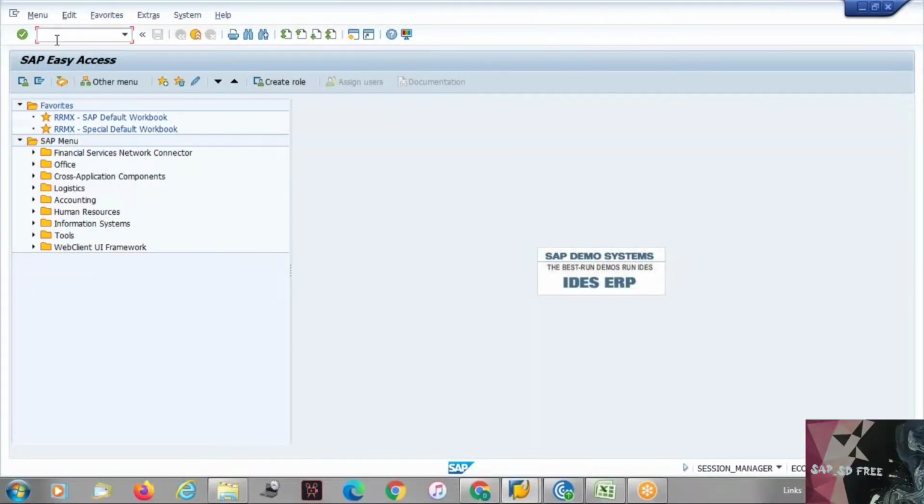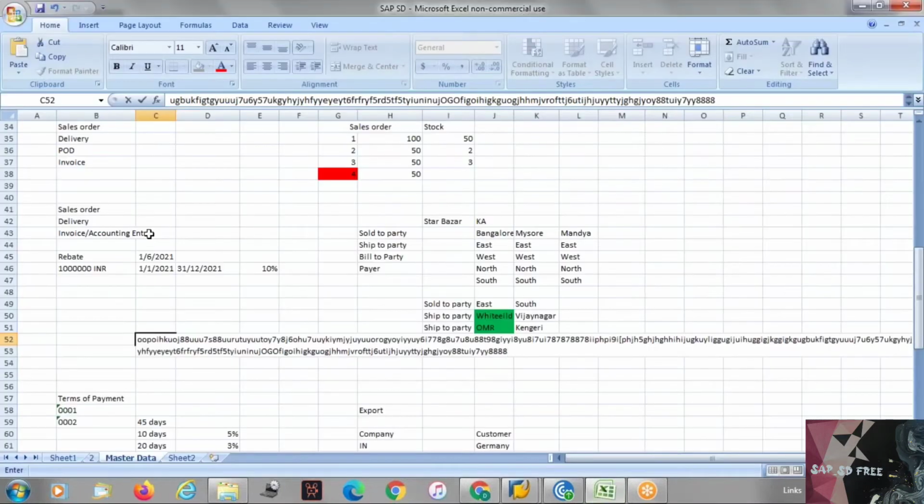Yesterday, we were mainly discussing partner determination, right? We have just seen the partner types, I mean the partner functions, that we will be creating. We have seen the basic partner functions that you will have, like sold to, ship